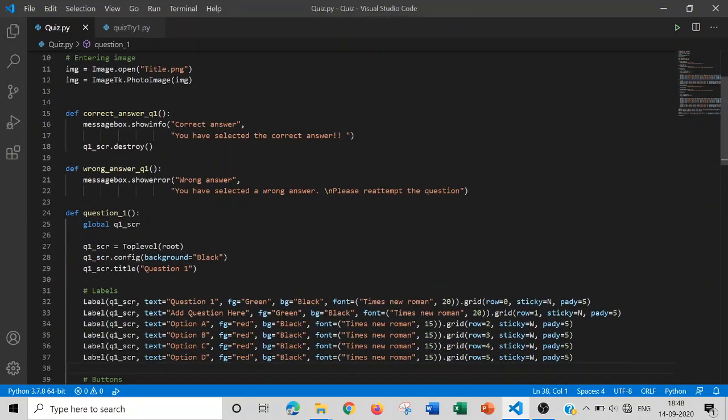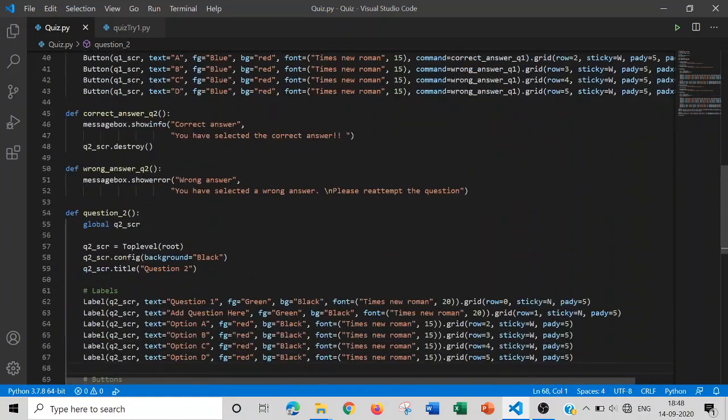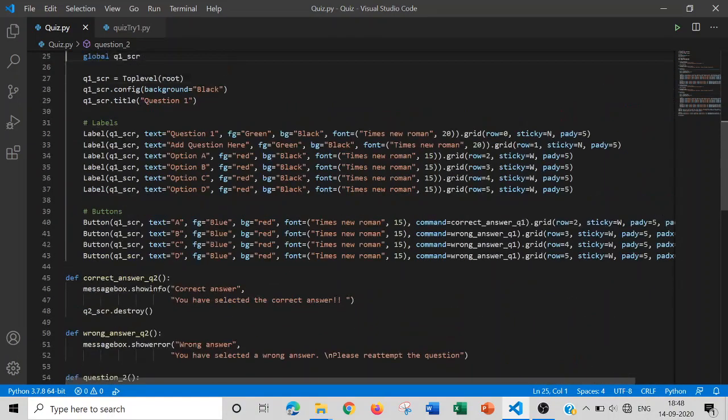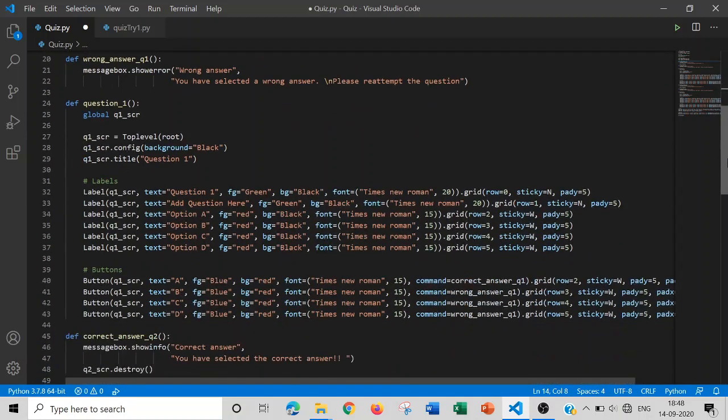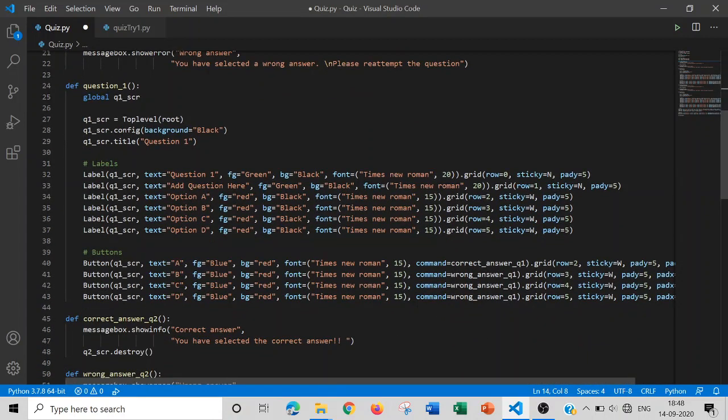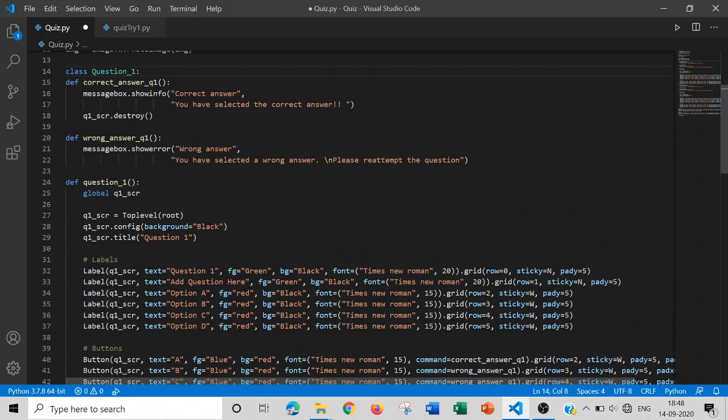Then what another thing you can do is, when going for this whole thing, you can keep this in a class question1. Okay, question1, and you can enclose all these correct answers here, means all these defs and all these things here. But I'm not gonna do that, because then you have to call it for other things. Let me first show you what actually happens.